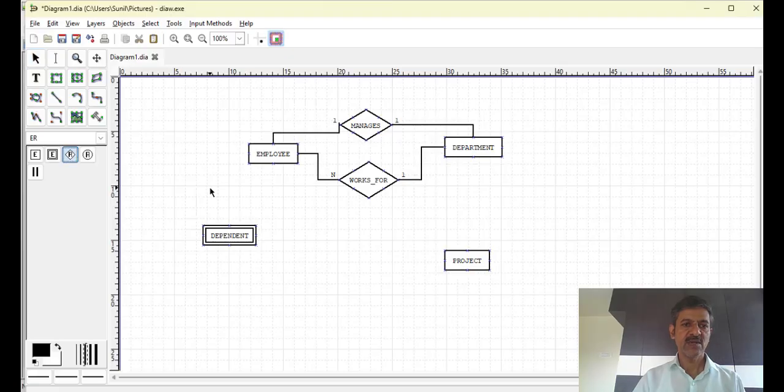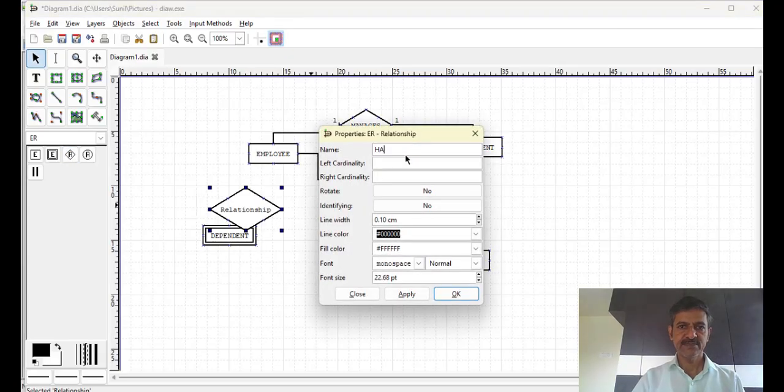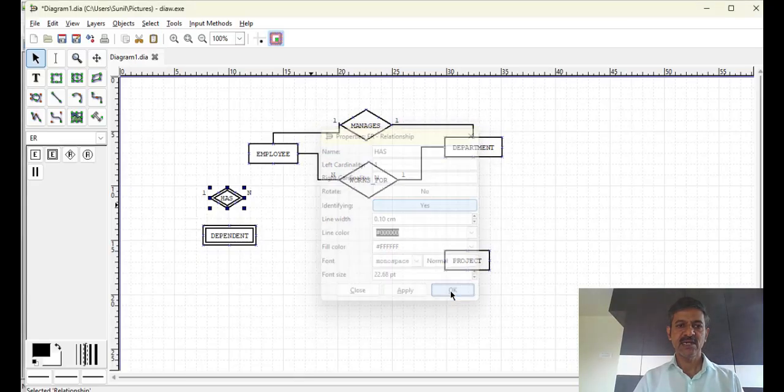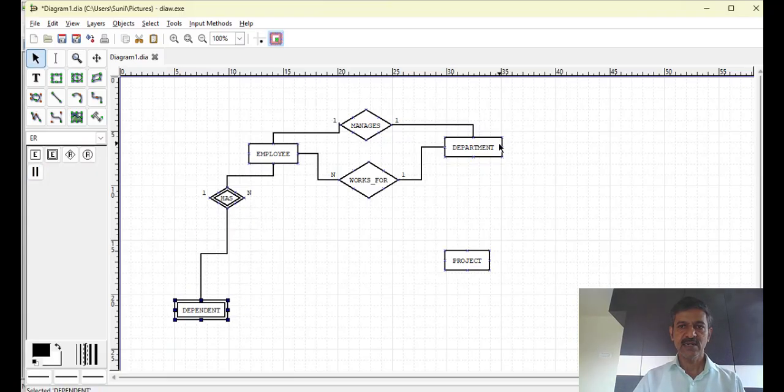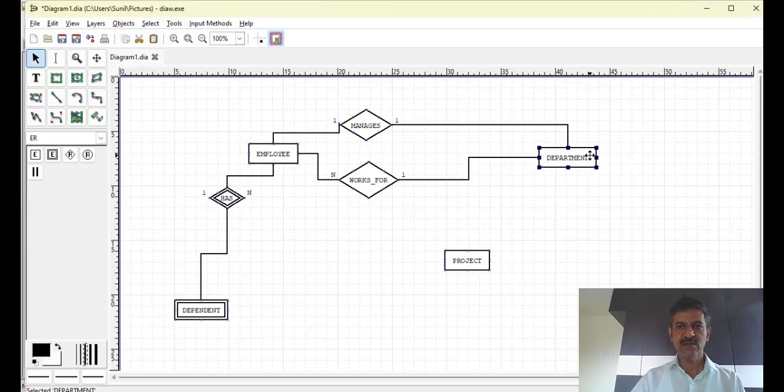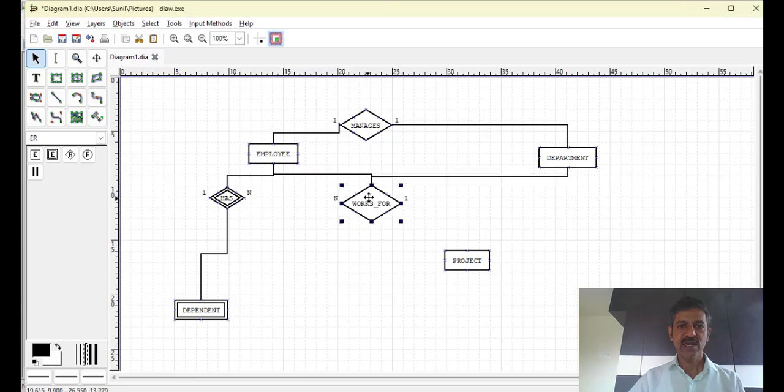Similarly, employee has dependents. So one employee may have many dependents, and it is an identifying relationship. So again, it will appear as this kind of symbol. The employee is connected to this, and this is connected to dependent. You can place them slightly apart so that you have enough space to put their attributes and